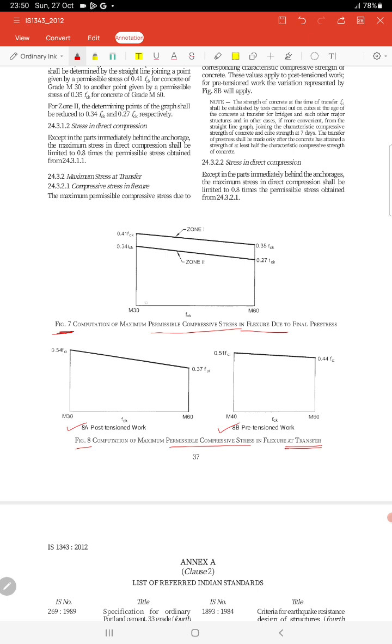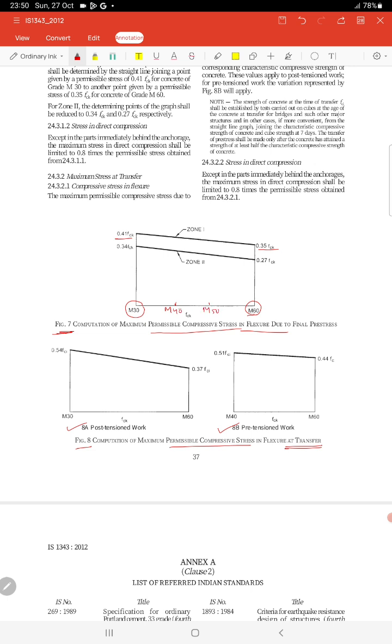Here the corresponding values for M30 grade of concrete is given. For zone 1 it is 0.41 FCK, and the corresponding permissible limit for M60 grade of concrete is given 0.35 FCK. In our case we have used M40 grade of concrete,